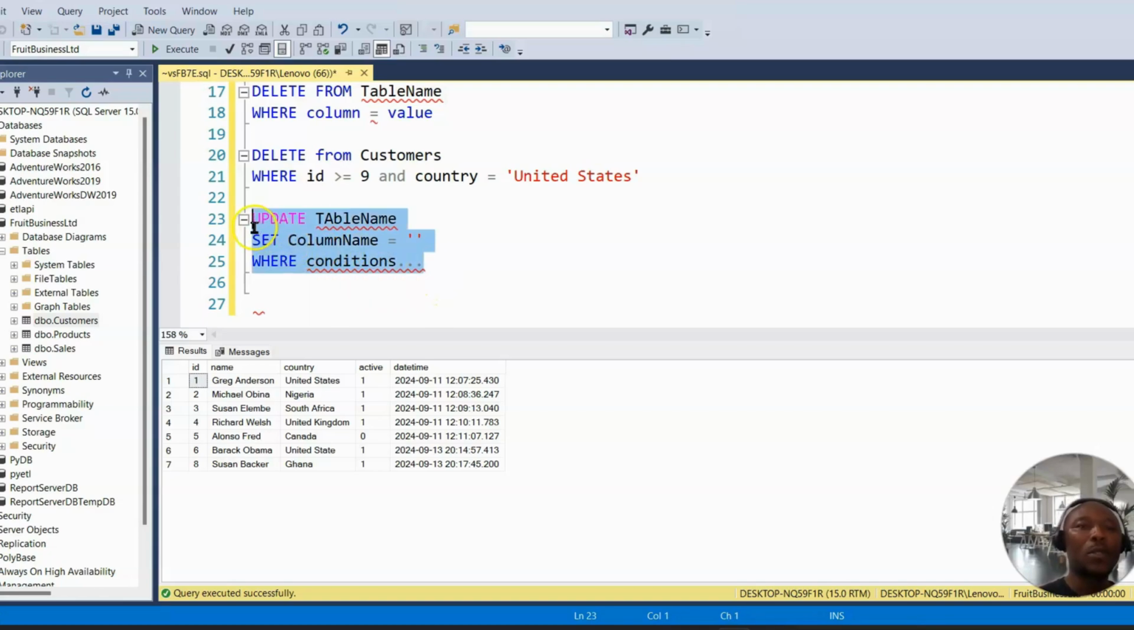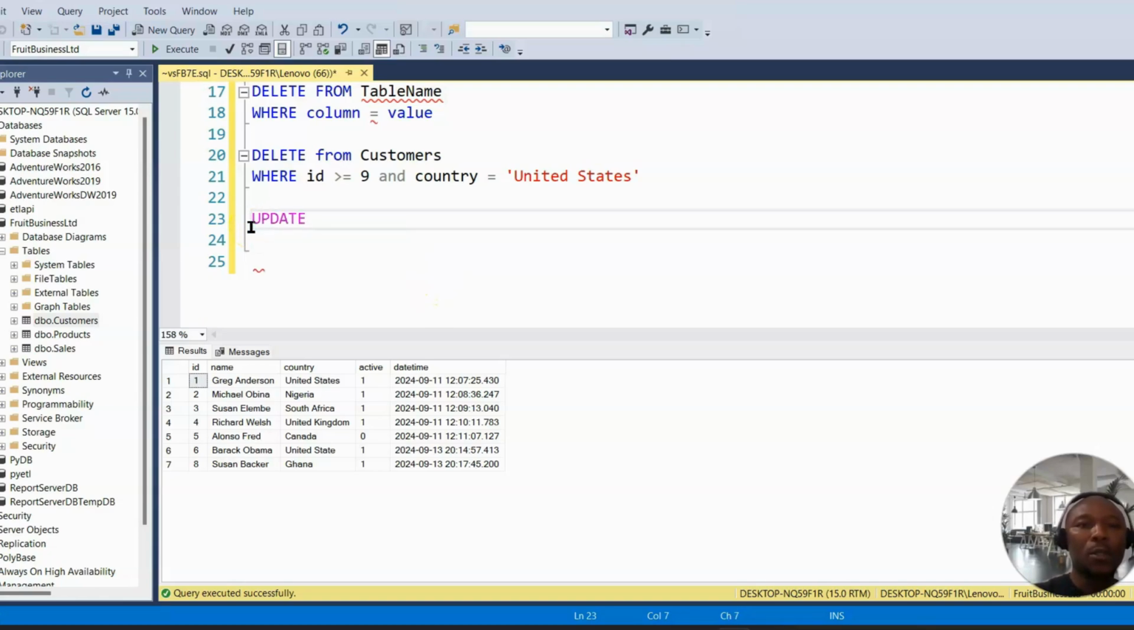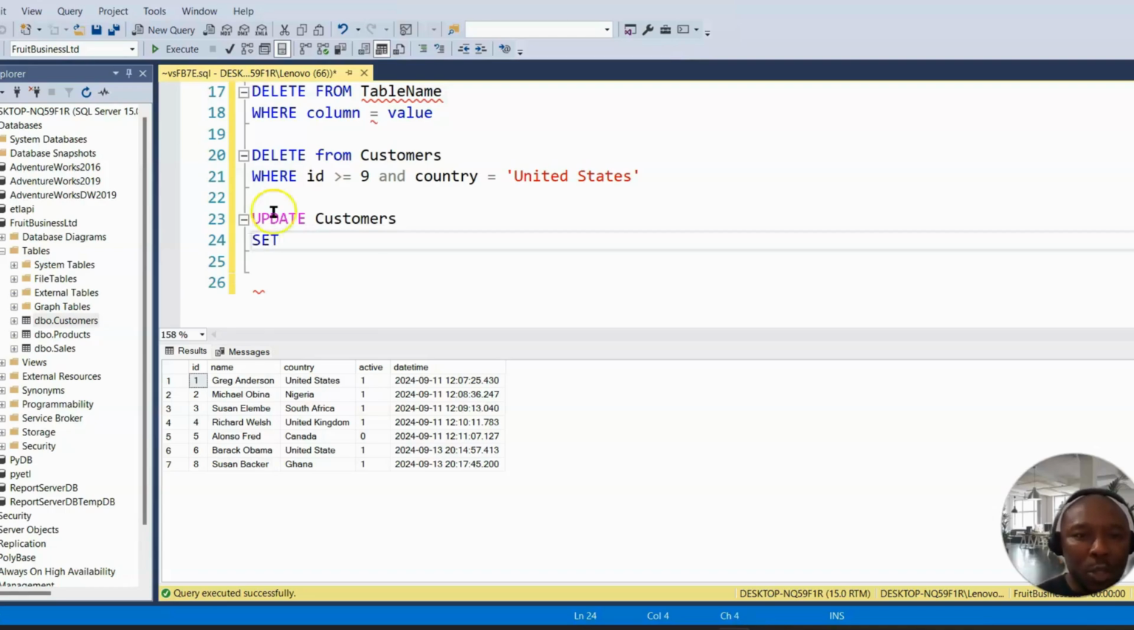Okay, so let's run something. Update customer. We are updating the customers table now. Set. So what are we changing? We are changing the value. We are changing